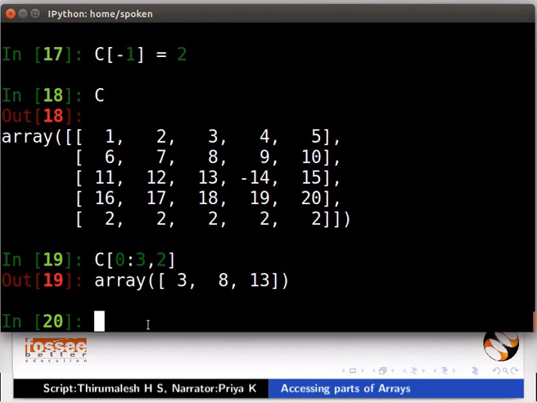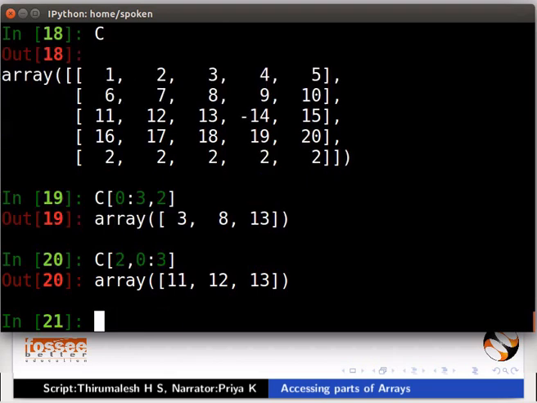Hence, we have sliced the array. Now, we will access the elements of row with index 2 and first 2 columns. Type C[2,0:3]. 2 corresponds to row index and 0 and 3 correspond to start and stop values for column slicing.